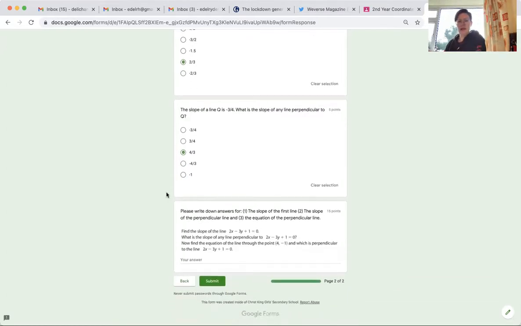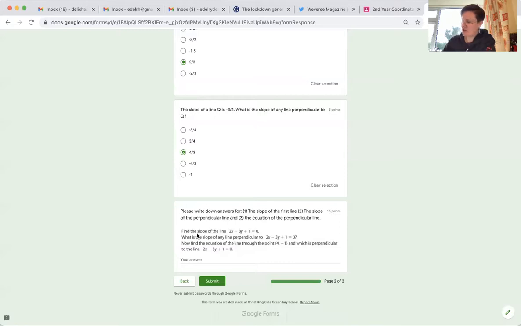Now, the last question involved some work. They asked us to write down the answers for the slope of the first line. So it's described here. I'm just going to call this the last question, because I can't remember the numbers anymore. So we've got the line 2x minus 3y plus 1 equal to 0. And its slope is